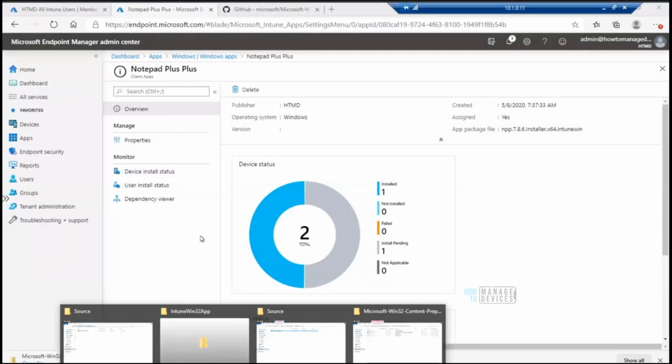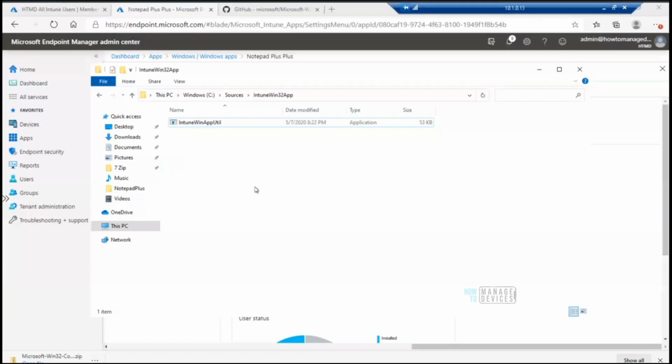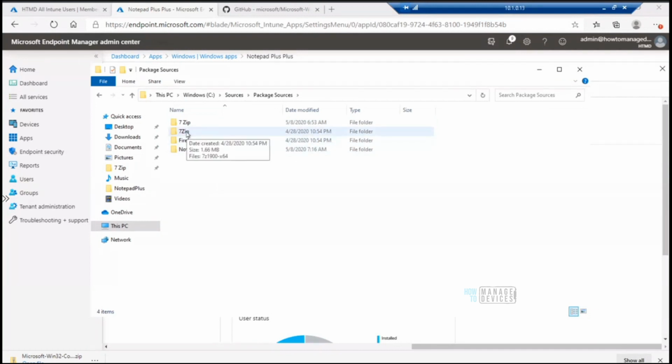For example, I have a batch file. In that batch file, I am running a couple of commands, and after that I am installing a particular application. That application I defined as being in this location. Is the same thing possible in Win32?